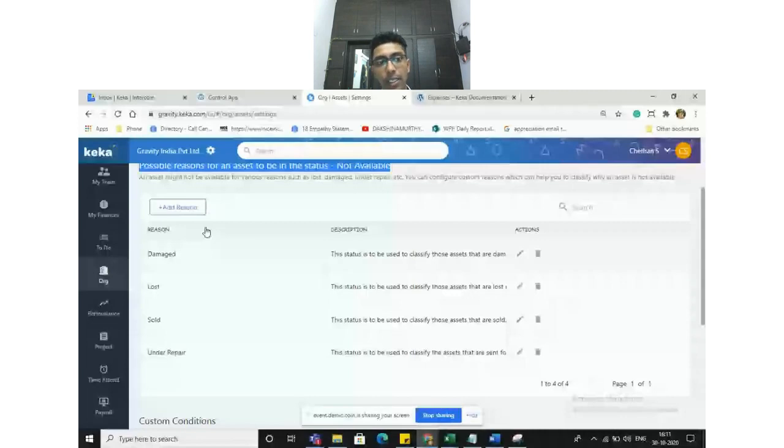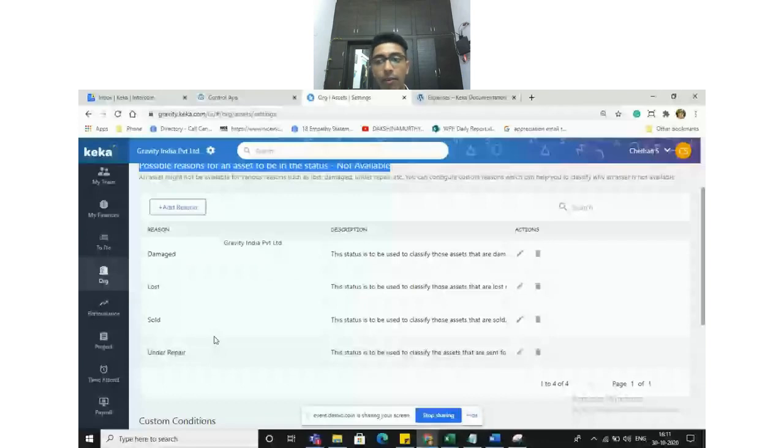You can customize the reasons, or you can add your own reasons. A particular asset will be stated as not available only when it is under these predefined statuses: damaged, lost, sold, and under repair.